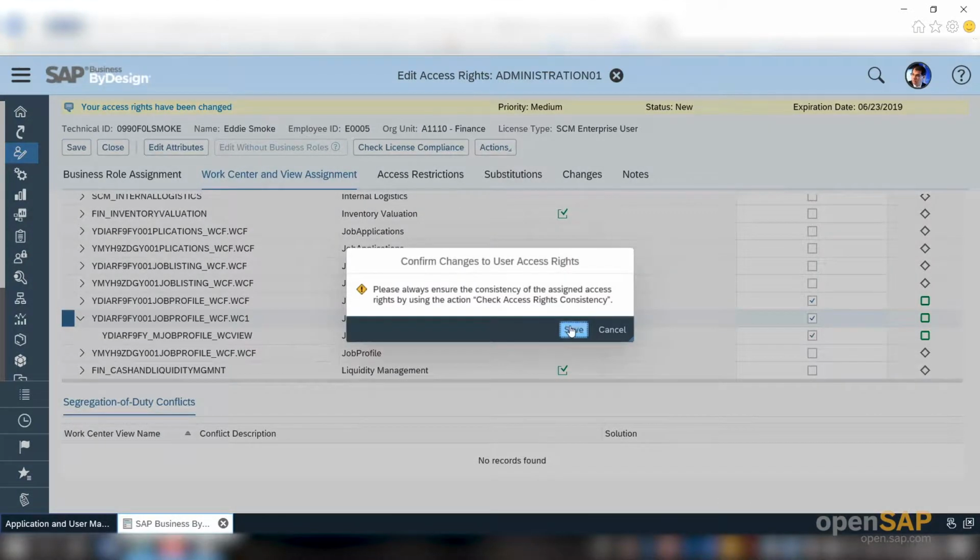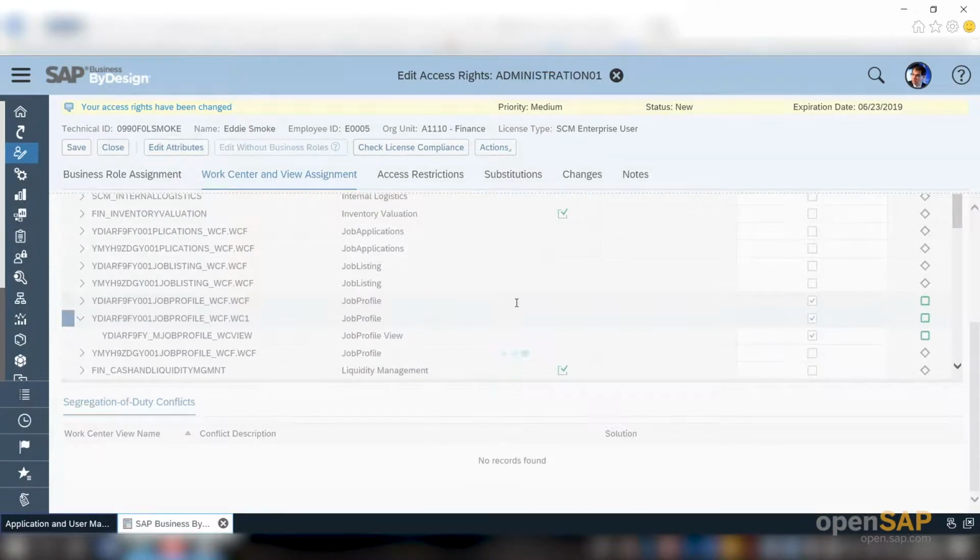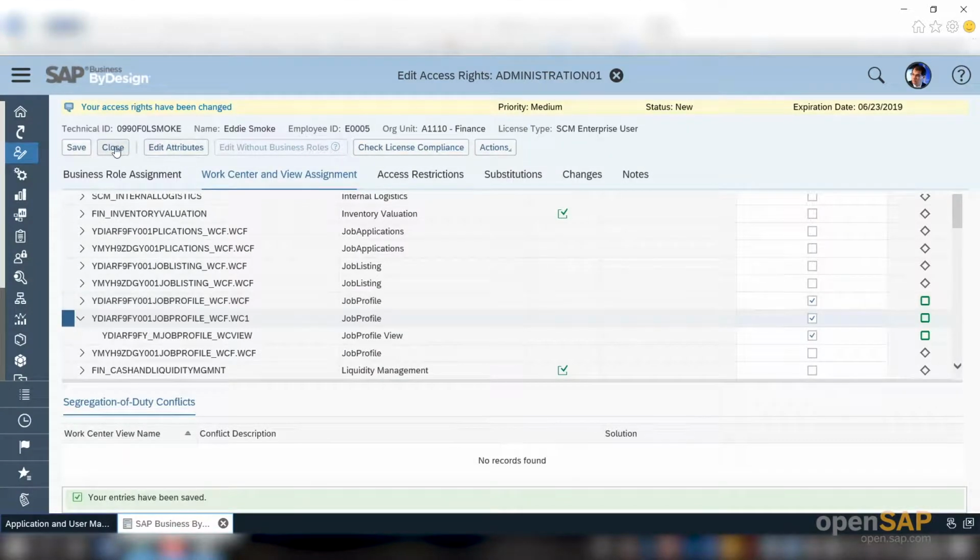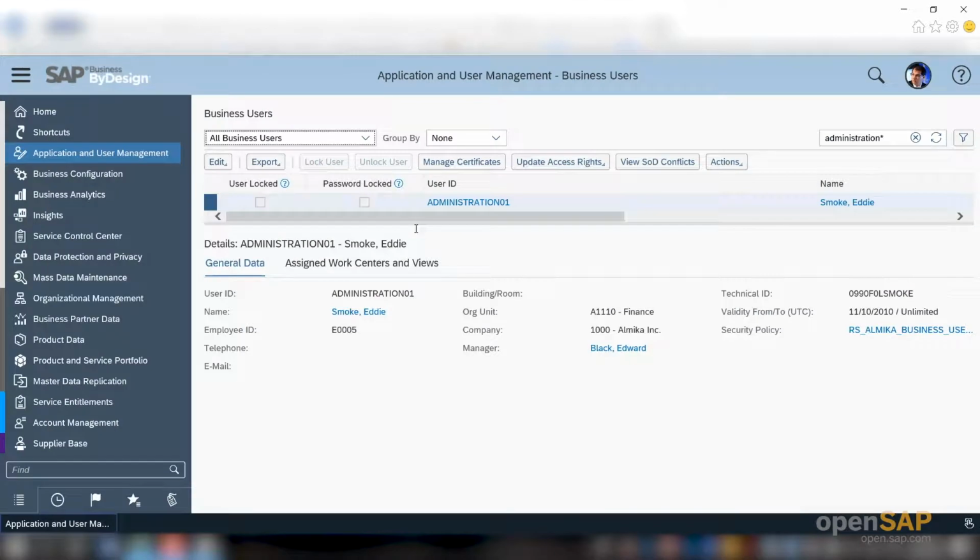I save it. I close that. So, I assigned the work center view also to the administration 01.